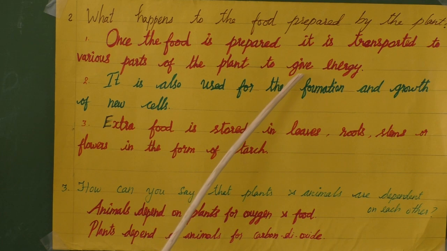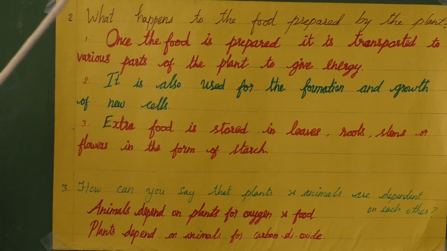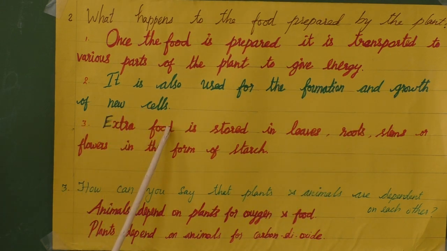The plant, first it is giving energy to all the parts of the plant. In the photosynthesis process, food is prepared, and it gives energy to the plant first. Then the plant grows from small, isn't it? The plant takes it for growth. From the seed, we sow the seed, and the plant starts to grow. So it is also used for the formation and growth of new cells. The food the leaf prepares, the plant first starts to grow with it.